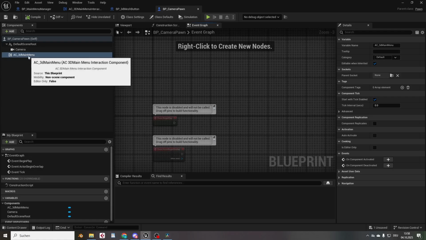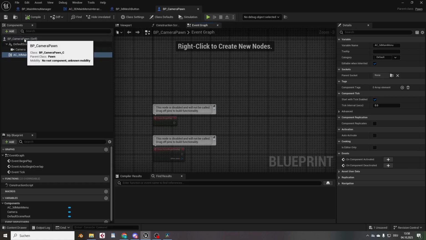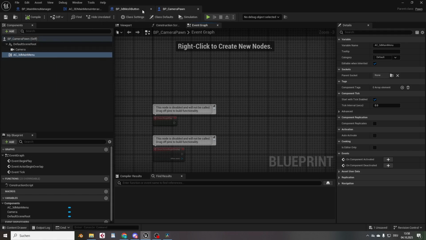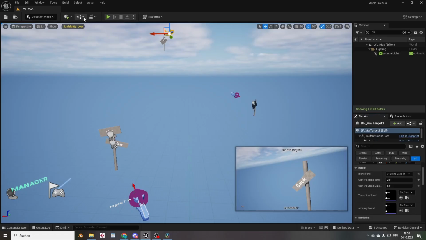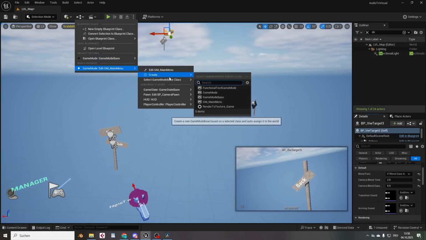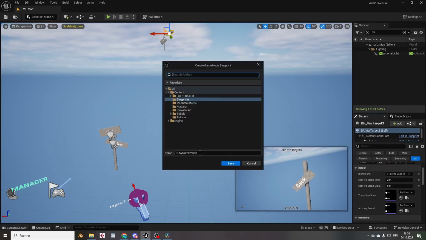This is the interaction component. Without it, it can't be used. If you are not the camera pawn, make sure this is attached to whatever you are using in the main menu. Okay. In order to make this usable, you have to assign it to your game mode. If you don't have a game mode, just create one. Create a game mode, call it GM game mode and